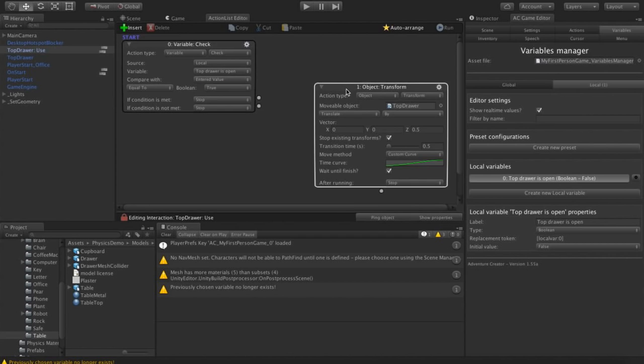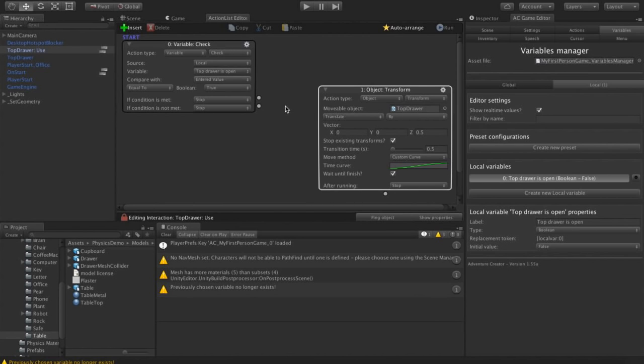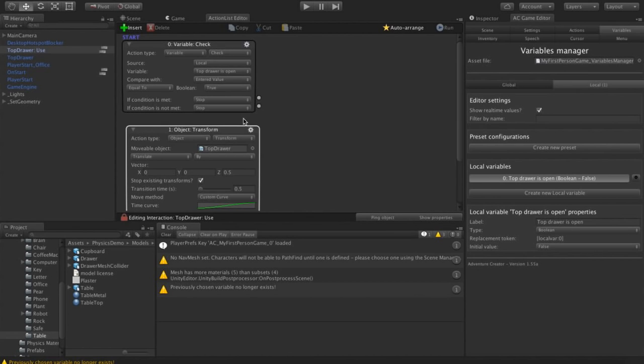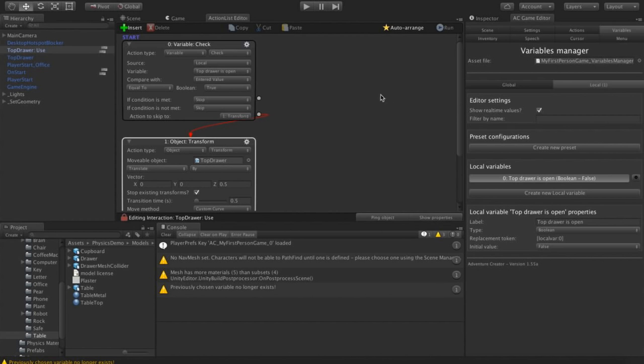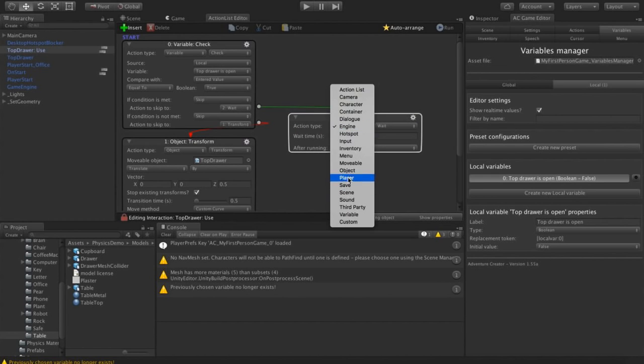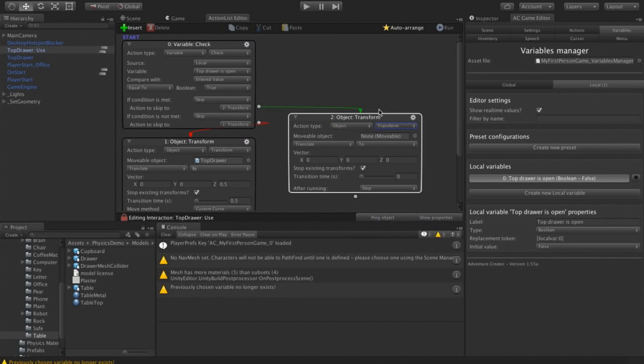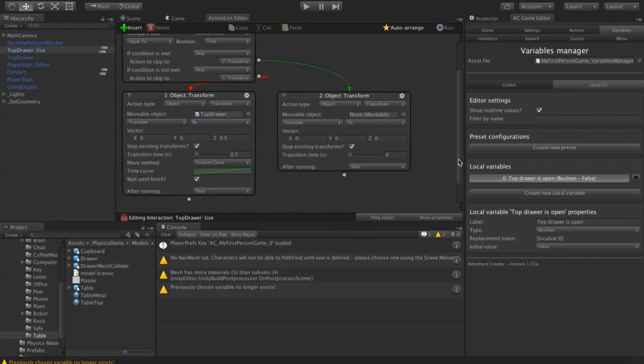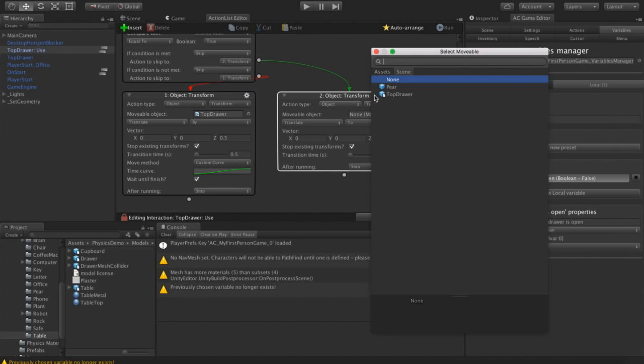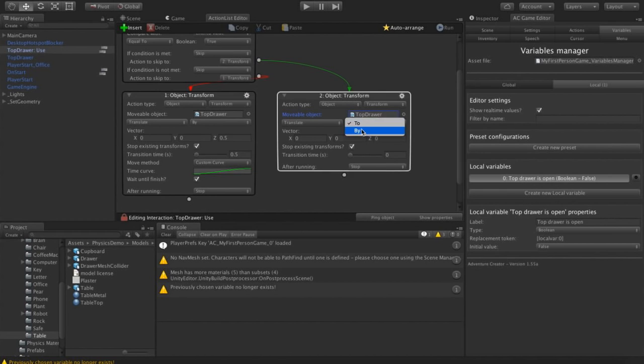Now if it is true, that means it's open, and so we're going to want to close it. If this condition is not met, that means it's shut, so we're going to open it. So we're going to run the existing object transform action. But if it is met, we're going to shut it again, so we're going to create another object transform action that's similar to the one we just made, except it's going to go in the reverse direction. So we're going to use the movable object as top drawer. We're going to translate by minus 0.5 over half a second,